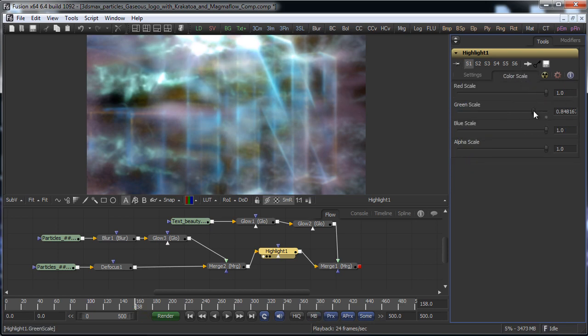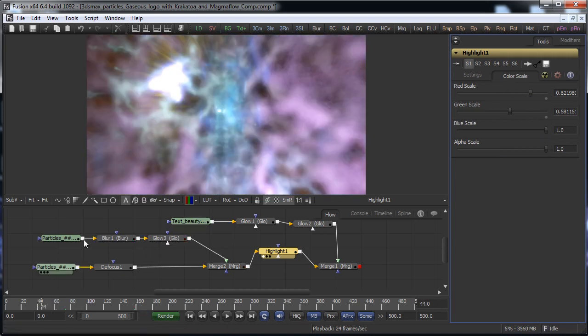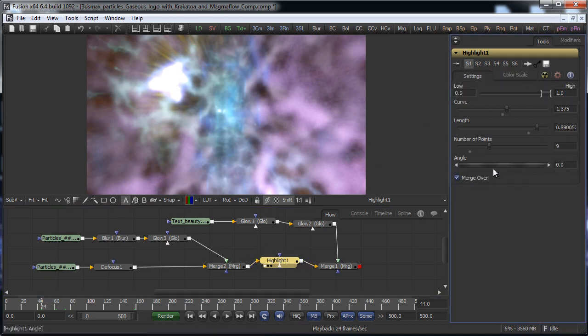And about the coloring, you see I like to remove the green, so we have just some bluish color. Okay, so we have some area with a really high energy, but let's go back and let's see if we can have